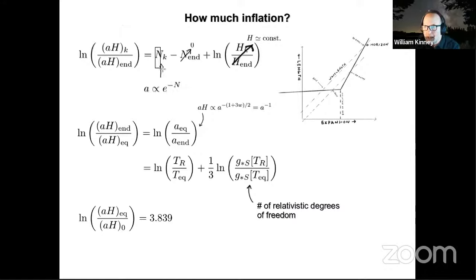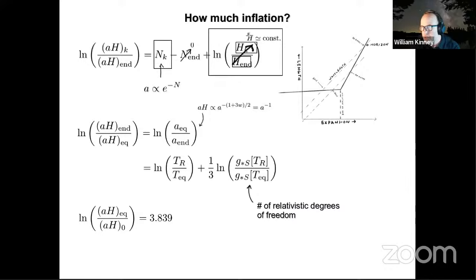So that means that the log of the scale factor, the logarithm of this ratio of scale factors from when the mode exited to the end of inflation now, is just equal to the number of e-folds. We're taking the end of inflation to be N equal to 0, and the number of e-folds increases as we go backward in time. So the ratio of scale factors is equal to the number of e-folds before the end of inflation at which the mode exited, and the difference in the Hubble parameter from when the mode exited to the end of inflation.